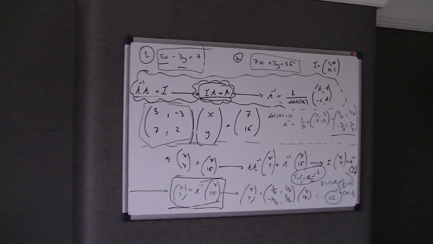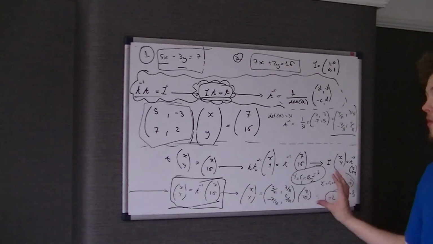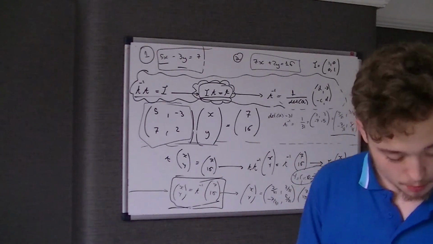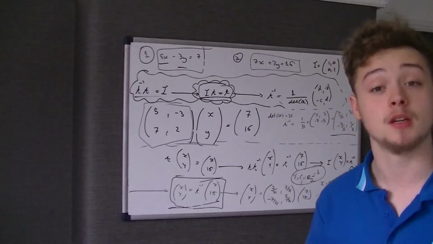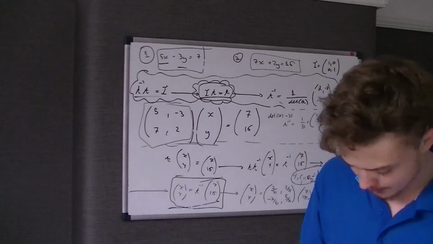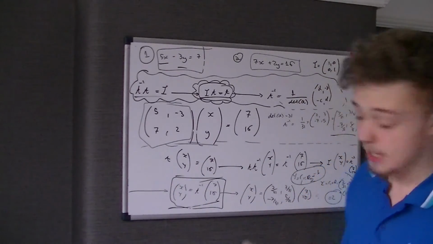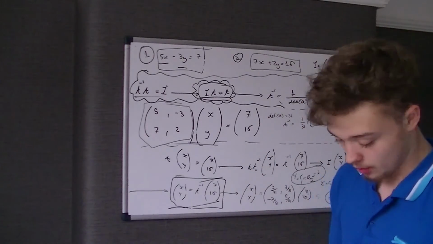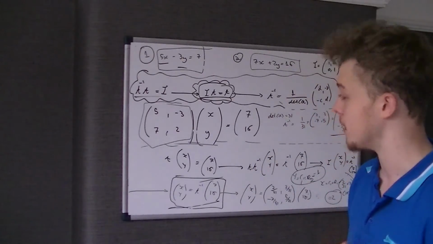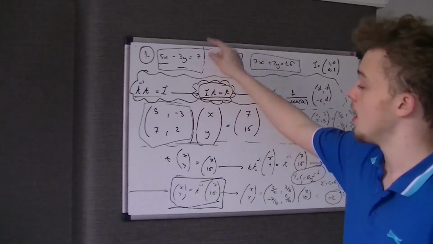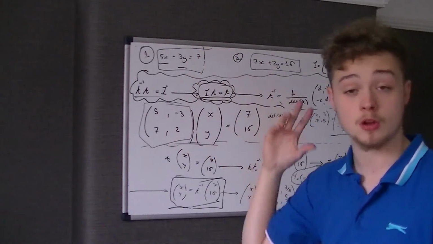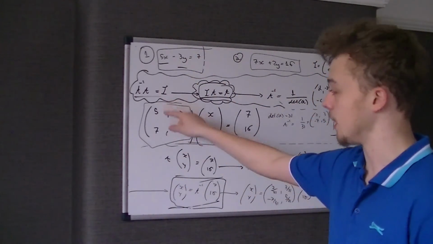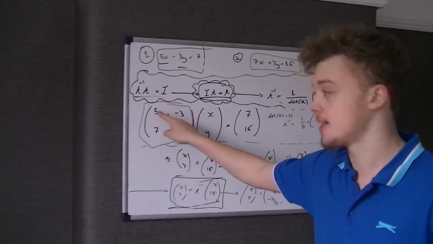There is, so kind of giving you an idea of what to do. But what I've got here is a method, a model method we can call it, if you're going to work through the whole thing in your answers. Okay, so the first step is to put it into a matrix equation. Okay, so the coefficients of x and y, so in column 1, you would put the coefficients of the x,